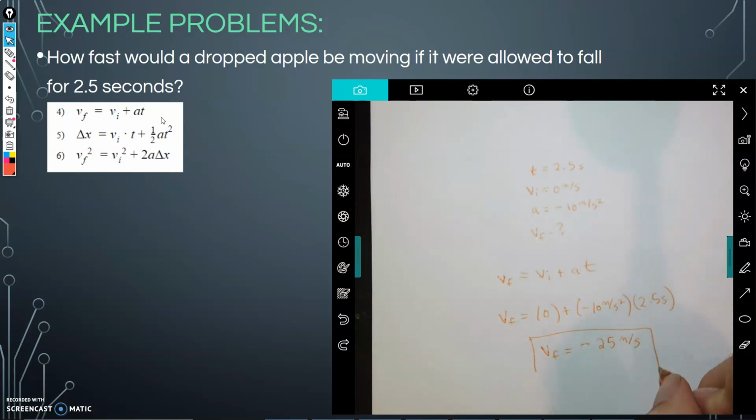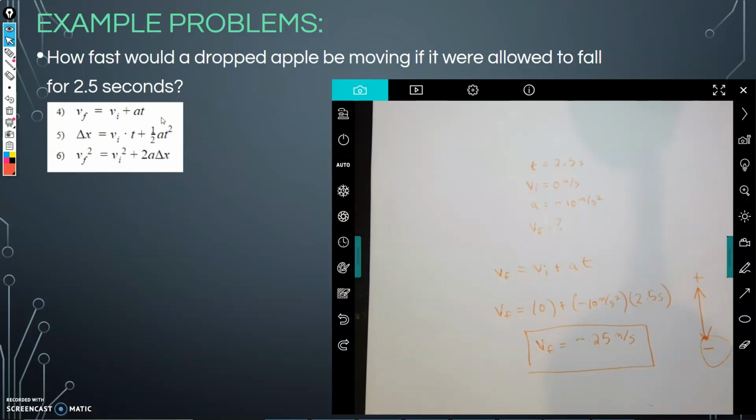The negative sign means that as this object falls, it's falling in that downward direction, that downward negative direction towards the ground. And so that's one example of how we can use a kinematic equation to help analyze a situation that involves a falling object. There are several other types of problems we could be asked. We can be asked, how long does it take for an object to fall? We could be asked, how far is the fall? What is the height from which something was dropped? But this will give you a good start as we start to learn about free fall motion and how gravity affects